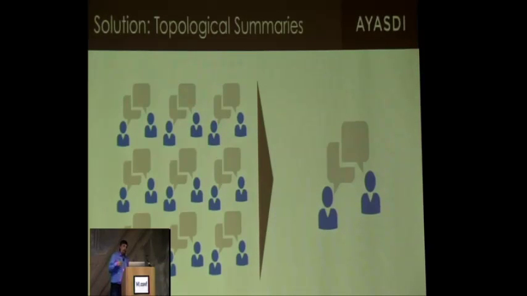So I'm going to talk to you about a particular kind of summary. I'm saying summary in a technical sense. I'm going to talk about topological summaries. A topological summary is a recording of certain aspects of a data cloud while forgetting other aspects. Right? That's what a summary is. It's something that remembers some things and forgets others.